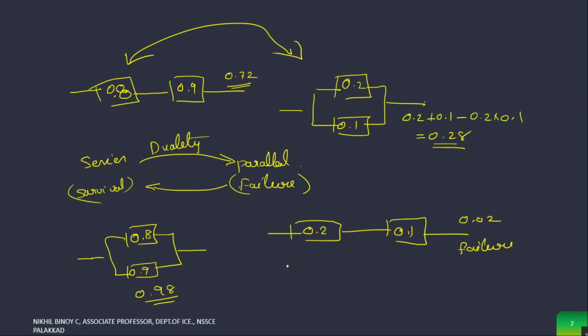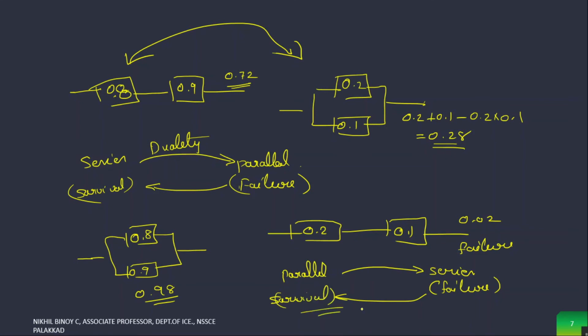Is it okay? So here what we did, we have a parallel configuration for the probability of survival or reliability. So that one is converted to series configuration. The corresponding series configuration means if you have a parallel block, that one is converted to a series block. The only difference is each block is marked with the corresponding failure. Instead of 0.8, here we are marking the corresponding failure. Instead of 0.9, here we are marking 0.1. Now find the corresponding failure. Then by using this failure, find the survival of the given parallel block.